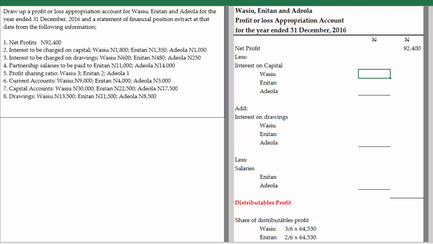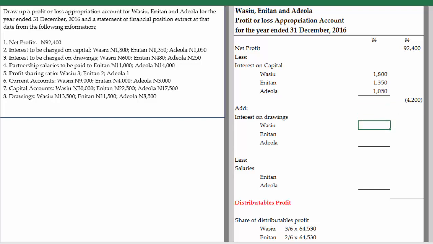Now this interest on capital for Wasil is 1,800, for Eniton is 1,350, and for Adiola is 1,050. The total is 4,200. This will be deducted from the profit and credited to the respective current account of each of the